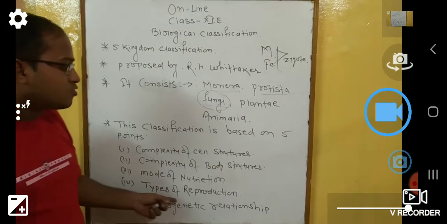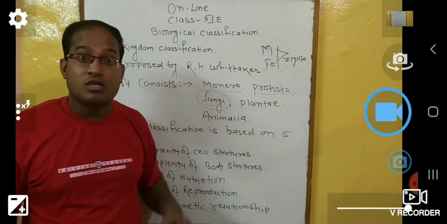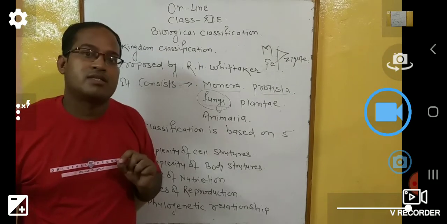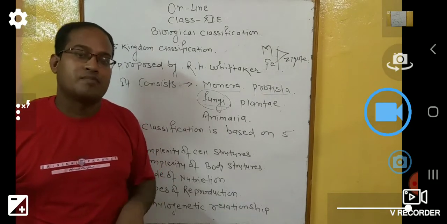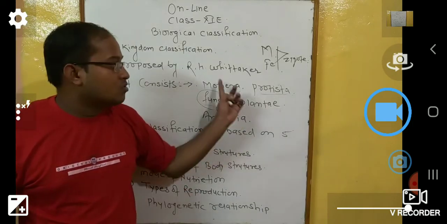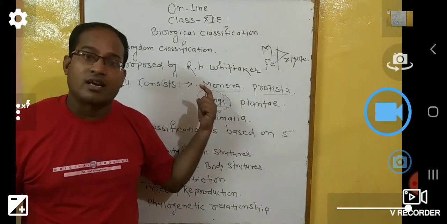And the fourth point is types of reproduction. Types of reproduction: we have studied sexual, asexual, and also vegetative reproduction. Vegetative reproduction is generally found in plants, and we will study it in the fourth to fifth chapter. And phylogenetic characters, meaning those organisms or those phyla are generally considered by their ancestor character,